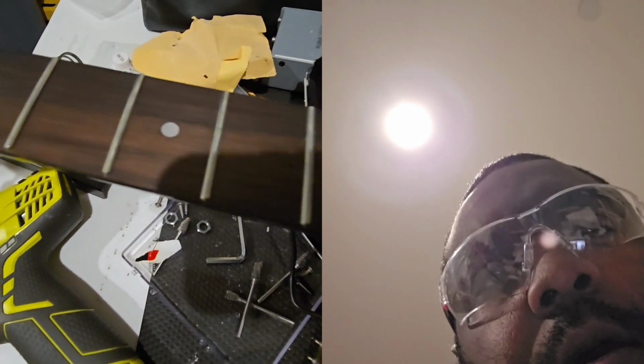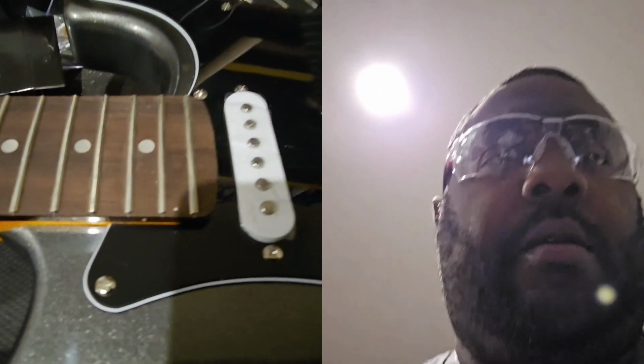Okay. All right, strings are off. The fretboard is really dry. I do also need to check if any of the frets are higher than another. Before I do all of that, though, gotta change out the string tree, put the Tusk in there like I mentioned,